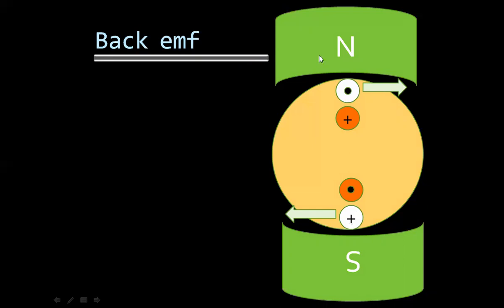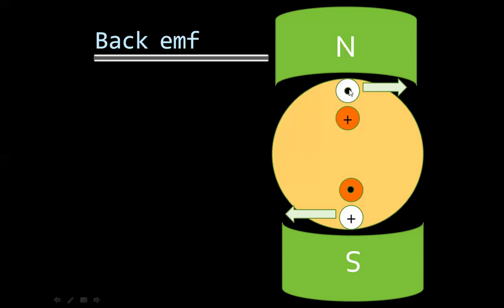Let's consider a simple two-pole DC motor with armature and two conductor sides of a coil. The motor current is indicated by the current direction in white conductors, dot and cross, dot for upper conductor, cross for lower conductor. If we apply Fleming's left-hand rule, the direction of force for upper conductor is towards right and for lower conductors it is towards left. So motor will rotate in clockwise direction.